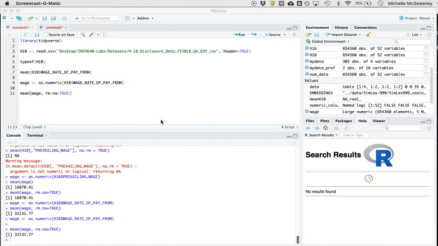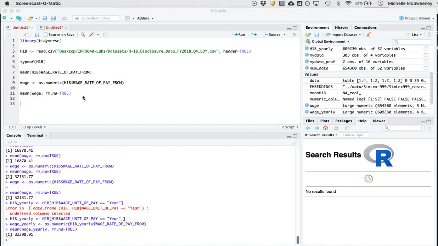So rather than working out how much hourly each person would make yearly, I'm instead going to subset my data frame by selecting only the yearly values. The way that we'll do that is with the subset function. So we're going to make a new variable, h1b yearly, and we are going to assign it to the subset of the h1b data frame, and this wage